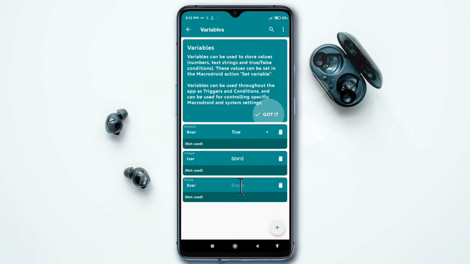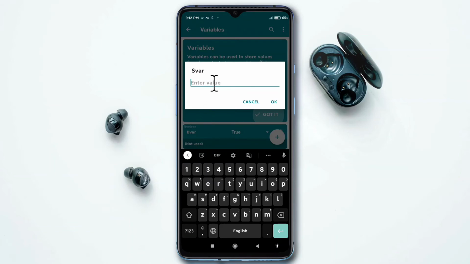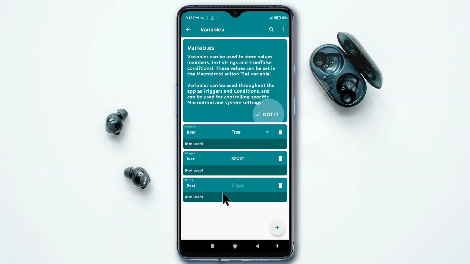So that is not the case for string variable. Either we can store a value in string variable, or we can leave it as it is, empty. So this is the speciality of string variable.